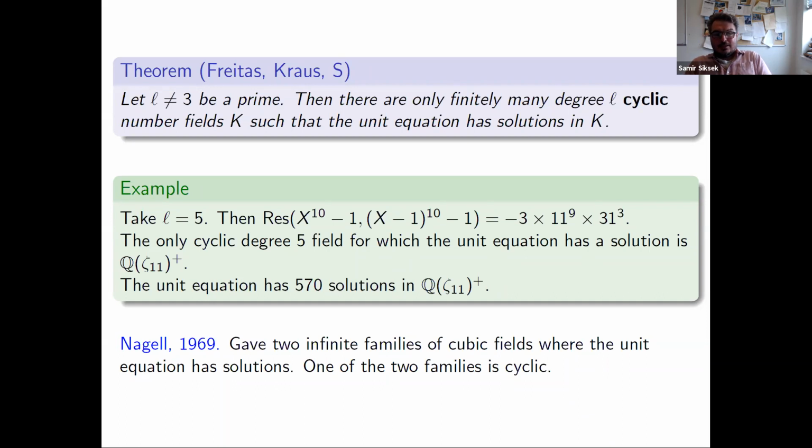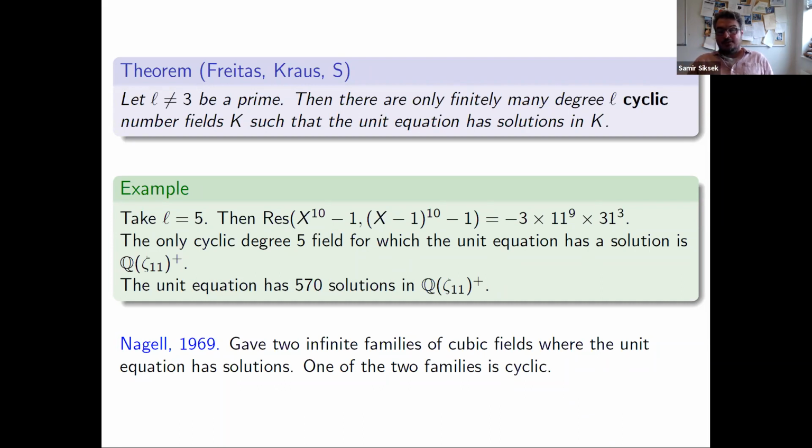It was done by Nagel around 1920, and you'll find that the only solutions are 1 plus zeta squared equals 0, where zeta is the cube root of unity, and also (1 plus root 5)/2 plus (1 minus root 5)/2 equals 1. So those are the only solutions, either over Q(root 5) or Q(square root of minus 3).